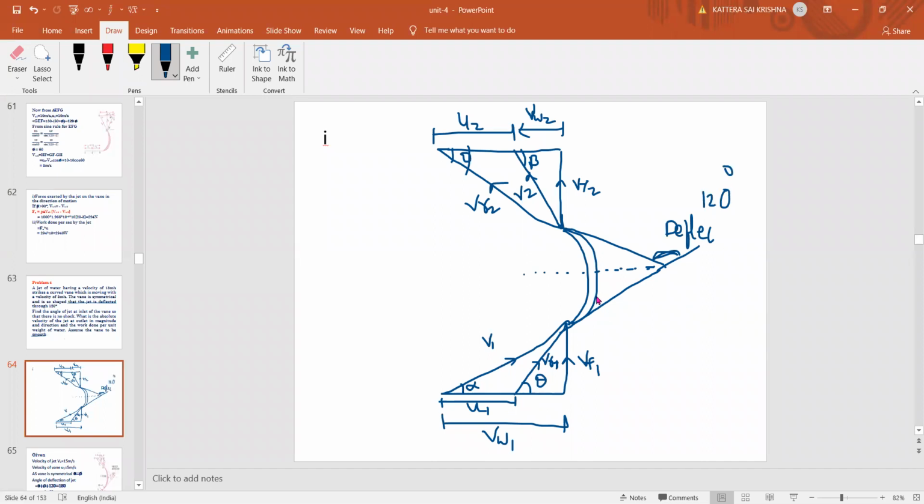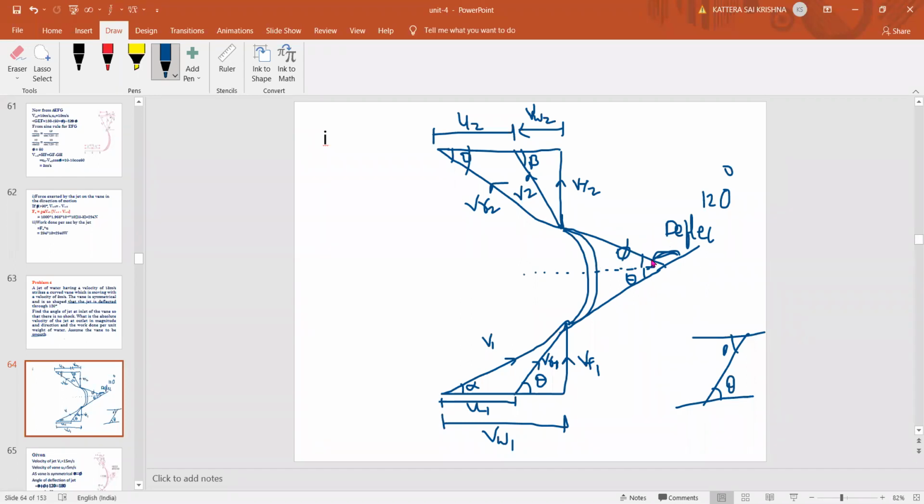Okay, so you can see one concept here already. Between two parallel lines, if this angle is theta, then the opposite angle will also be equal to theta. Same thing, if we take a horizontal line at this plate, this is also theta here. For this VR1 line, which is a straight line, the angle is theta, so the opposite will be theta here. Similarly phi here. These are nothing but the vane angles. Theta plus phi plus 120 degrees is totally 180 degrees.